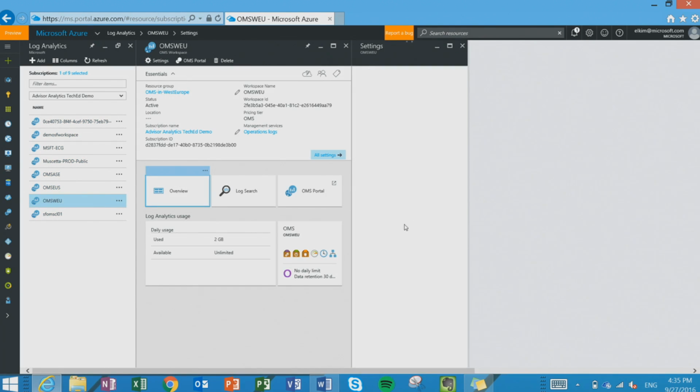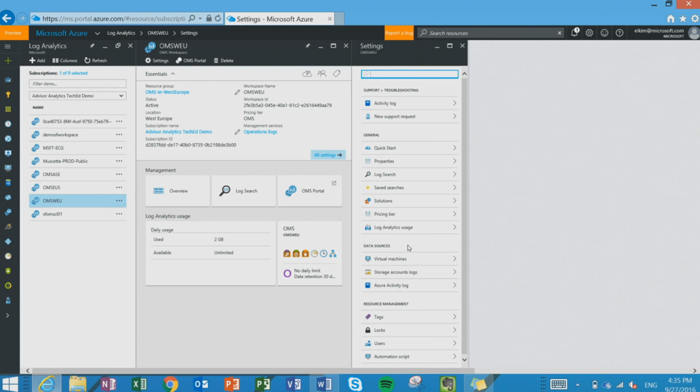We also added some of the data sources actions items as well. And so you can connect to the Azure Activity Log over here as well if you prefer to have the data only in search instead of having the visualization as well. Okay, now I'm going to go over